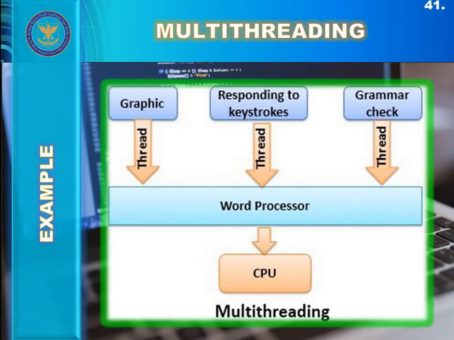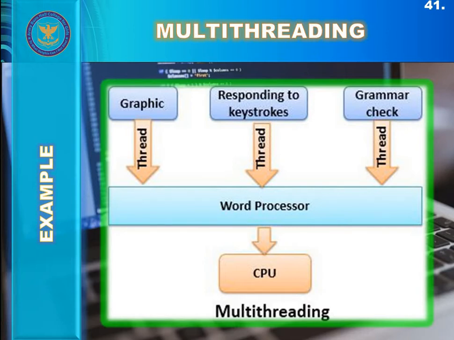And another invisible thread is continuously making the graphics available to you, or making the interface. Here, in terms of graphics, you can say interface. An invisible thread is continuously maintaining that white screen or your background color or background page or graphics for you. So these all threads are working invisibly behind the scenes at the same time. The grammar checking thread is continuously working behind the scenes on your data. You are pressing the keys and writing different alphabets in order to write your essay on the MS Word electronic page.